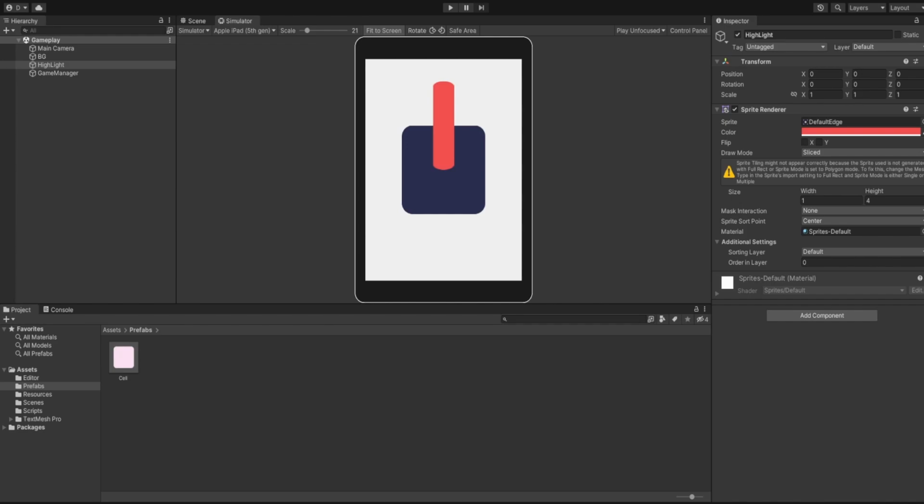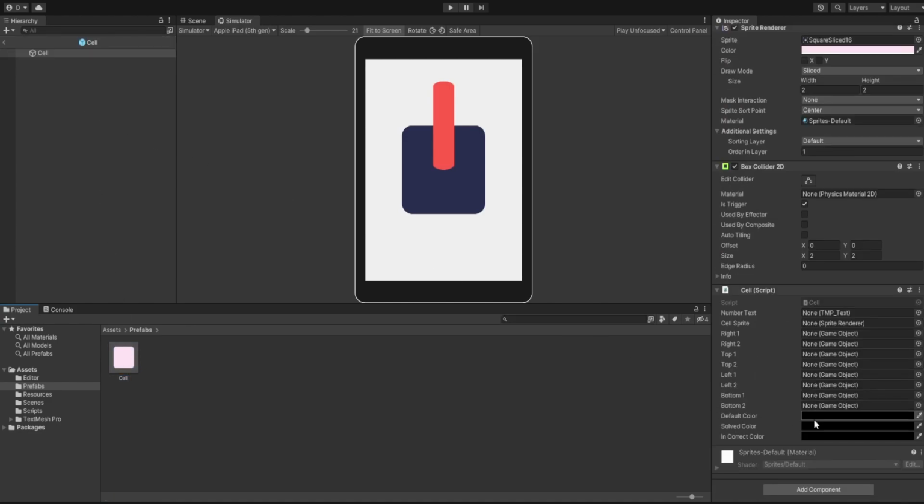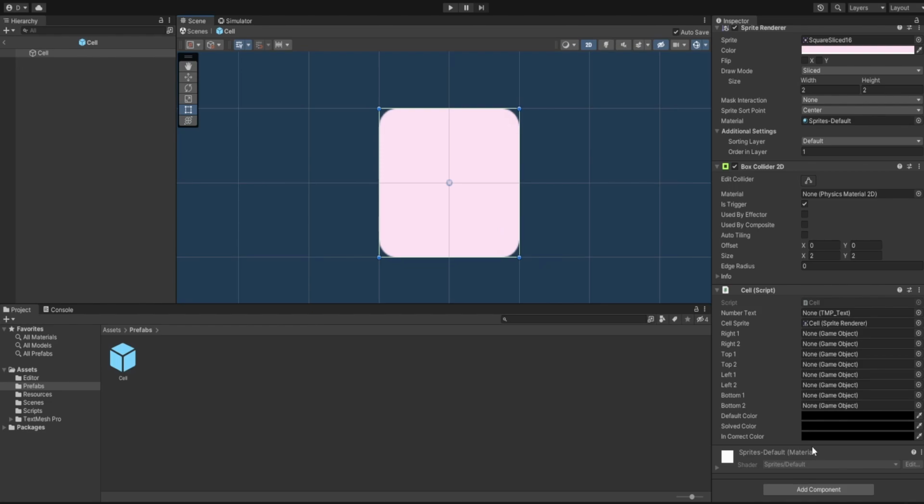initialize our cell prefab. So in the previous part, we spawned our board. Now what we need to do is set up the variables for our cells. So it has so many of these values unassigned. So we can assign our cell sprite first, and the default color is going to be gray, purplish white, and the selected color is going to be blue, and our incorrect color is going to be red. And as you can see, we have a couple of our